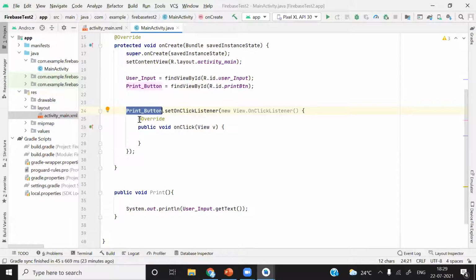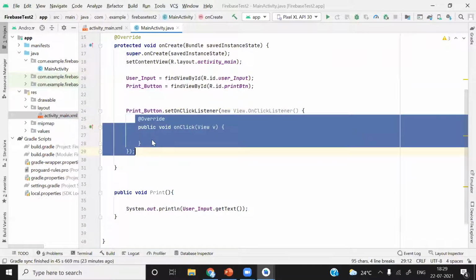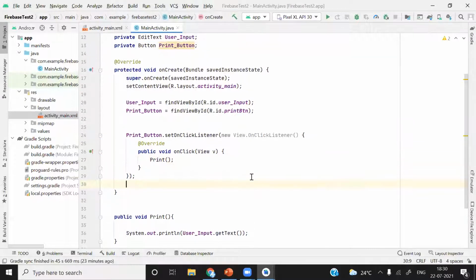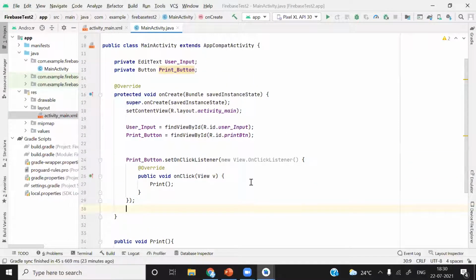Whatever lines of code are available, it will run. So we want to call this function after clicking the button. Control C, will print it here. Control V, make it semicolon. Now our application has been created. Everything we have written, the back end and the front end as well.